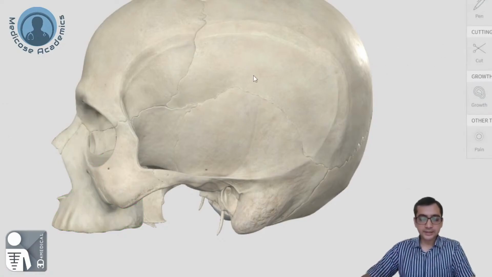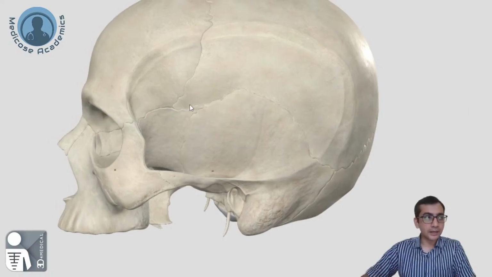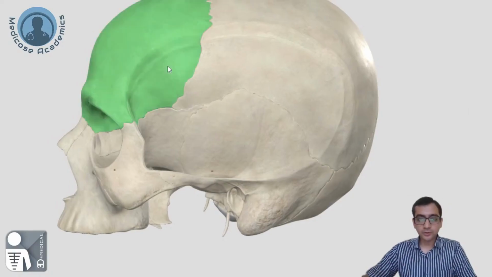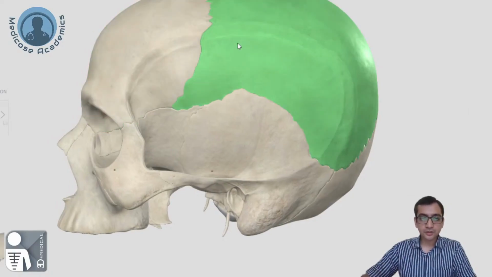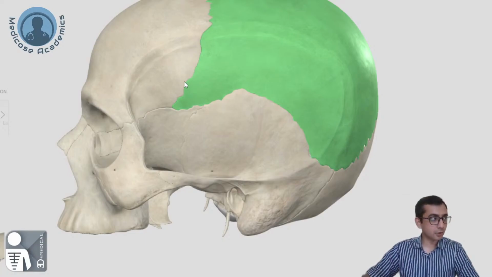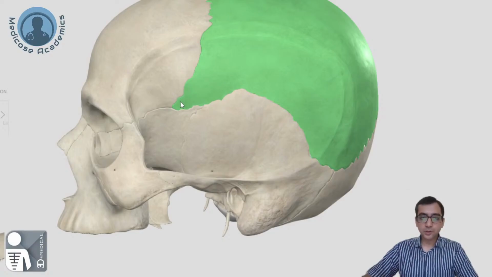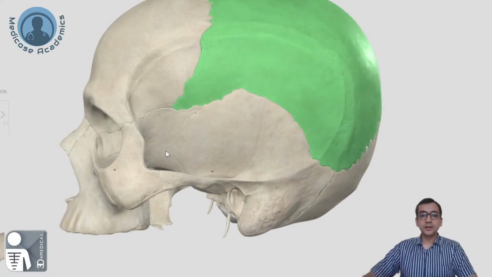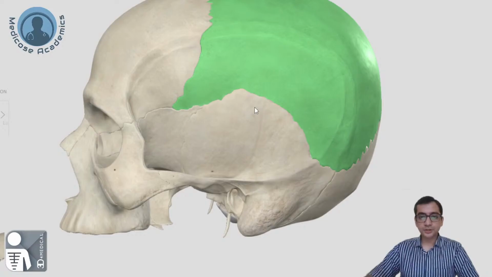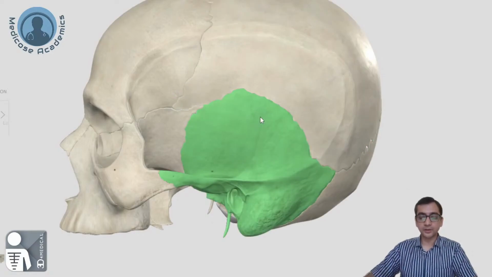First things first, let's see the sutures between them. Here, between the frontal bone and the parietal bone is the suture you saw already in the Norma verticalis, that was the coronal suture. Here, this suture is present between the parietal bone and the squamous part of the temporal bone. So that is known as the squamous suture, and